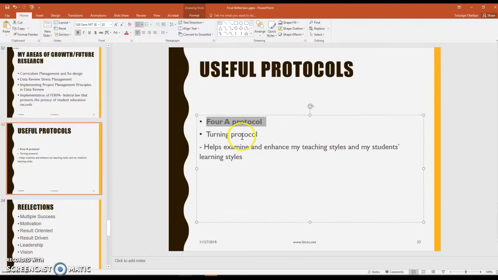The Tony protocol is very useful as well. It helps me to examine and enhance my teaching style and my students' learning style. Previously I didn't know how important it was to send students to the administrative unit. The topic I taught, on which I